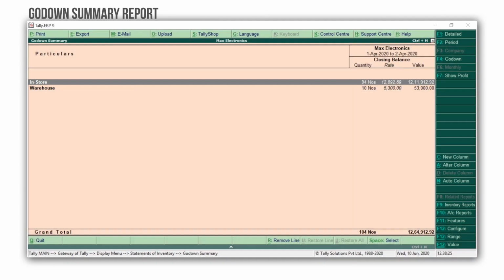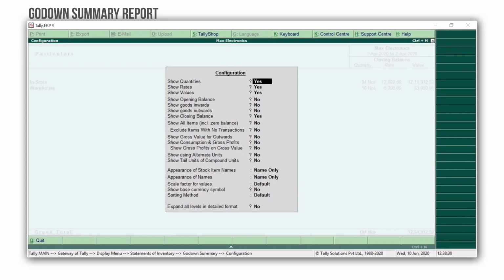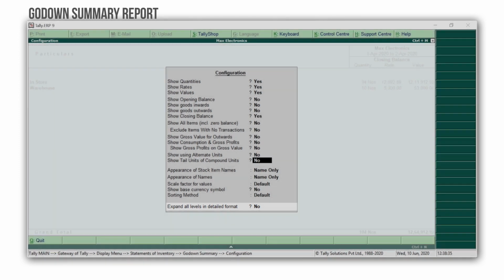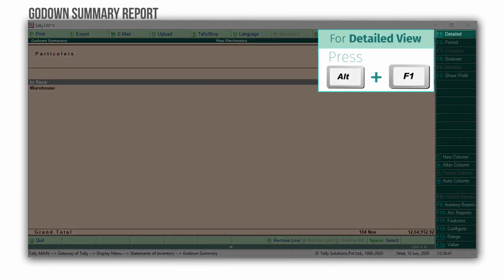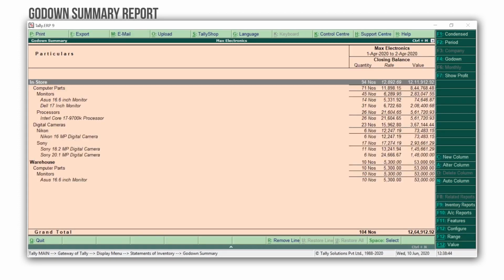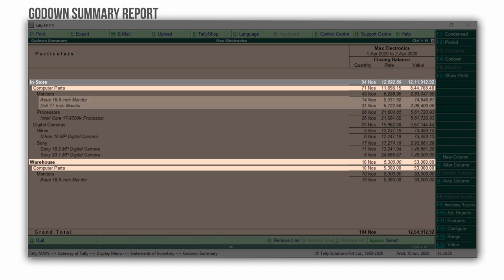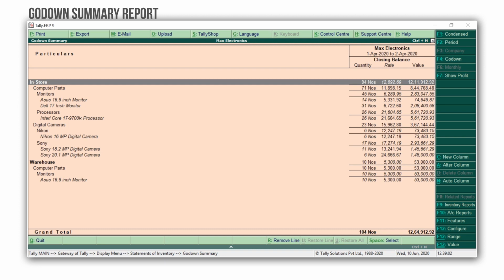To view in more detail, press F12 for configuration. Set Expand all levels in detailed format to Yes. Press Alt F1 for a detailed view. Now you can view the godown-wise breakup of stock group cum stock item details. You can drill down by pressing Enter and use the options available inside the menu bar to get much more